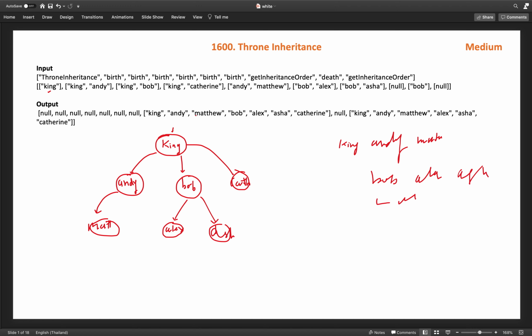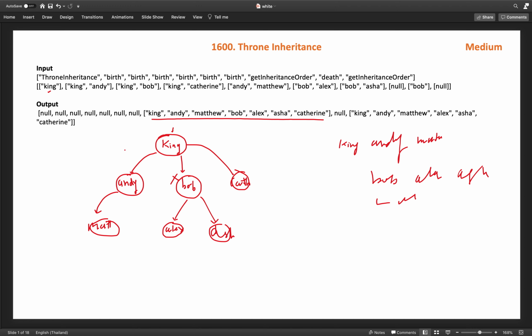So this is the inheritance order: king, Andy, Matthew, Bob, Alex, Asa, Catherine. After that there is a death method call, Bob is dead. So we have to remove him, and again if we call get inheritance, Bob is not in that list. So this is how we have to return the answer.